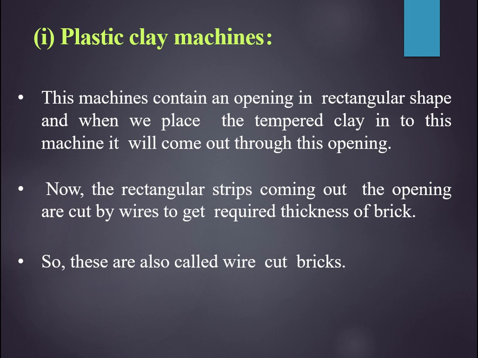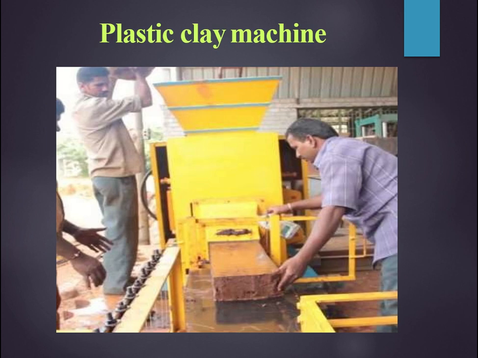The clay we got from the pug mill is sent inside. You can see here, it is sent inside a rectangular opening of brick size by means of an auger, and clay will come out of the opening in the form of a bar, and the bricks are cut from the bar by a frame which consists of several wires at a distance of brick size. So this is a very quick and economic process.